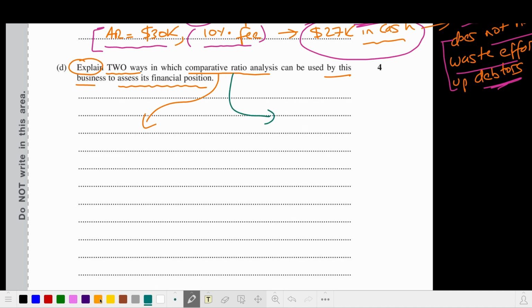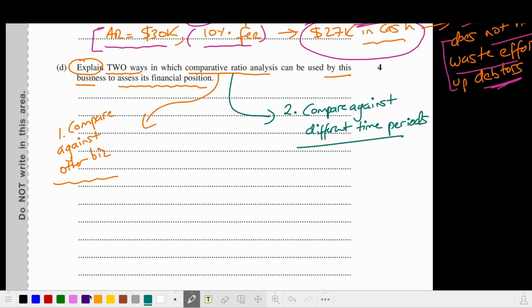So the first way I could think about is that I would use it to compare against other businesses. And then on this side, I would use that ratio analysis to compare against different time periods. So let's go back to step 1 here. So what we could say is that we're trying to figure out against other businesses, what is the business's relative performance, right? So for example, with an expense ratio of